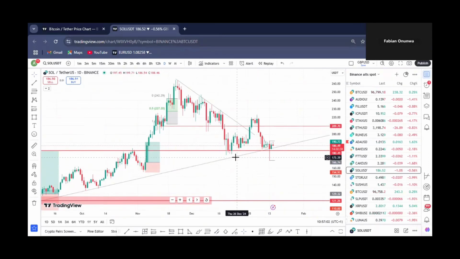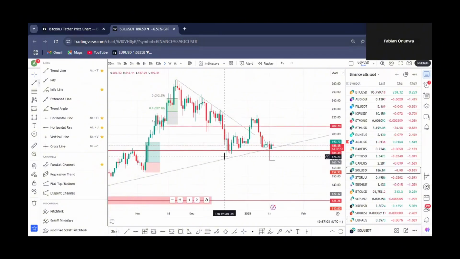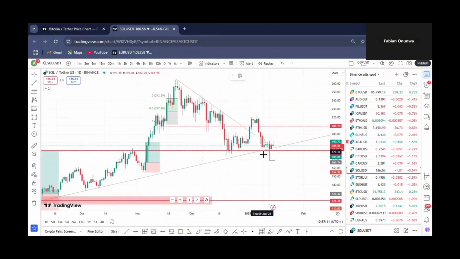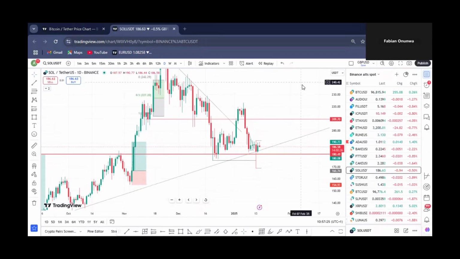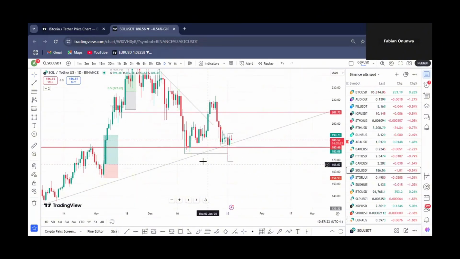The only issue with this Solana is that it did not really create a new lower low, because the candle did not really close. At least the candle has to close below here. You mean the last candle, right? Yes, it didn't really close below this last point here, so we can't really call this a lower low. It has to close below the last lower low. So if this candle now closes as a full body candle,